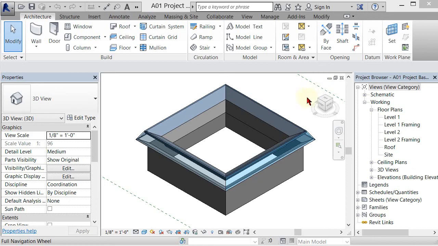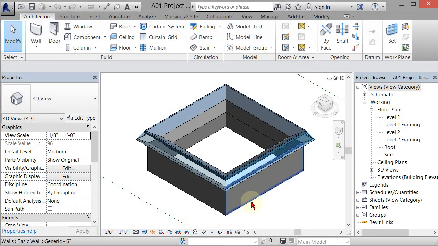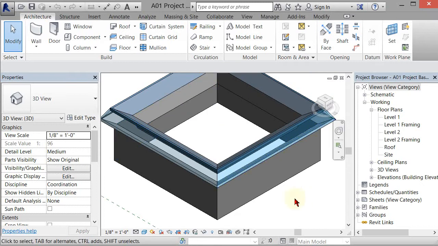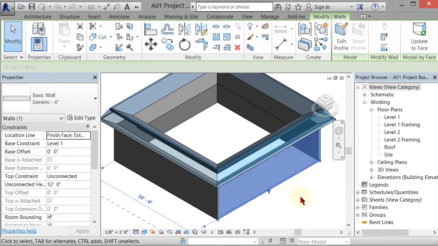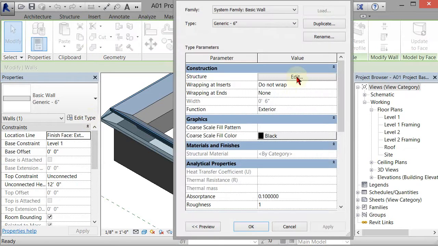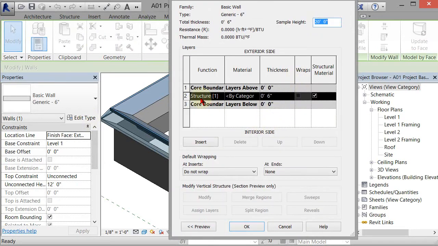Alright, so we're back and we want to finish this light monitor off. The first thing I really do want to do though is that these gray walls are kind of hard to see for me, so I'm going to change the shaded color of them. So I'm going to select this wall down here and go to Edit Type. I'm going to go to Edit Structure and change the structure of this wall